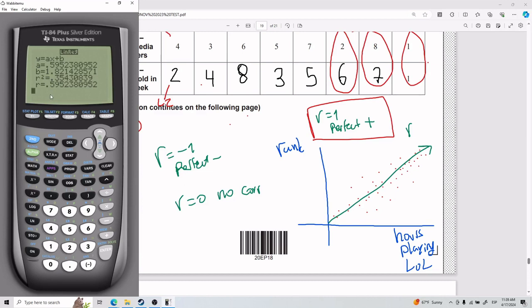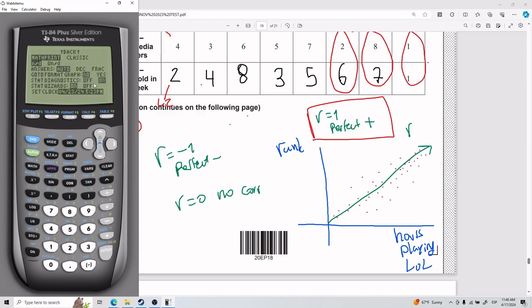And so if you are not getting an R value, that means that you need to go to mode. So you press mode, and we're very used to changing radian to degree or degree to radian for using sine or cosine or tangent. But another thing that maybe doesn't get spoken about enough is that down here, you have this thing called stat diagnostics. If it's off, you probably had this happen to you: no R value. And if it's on, you're going to see that now you do get an R value.